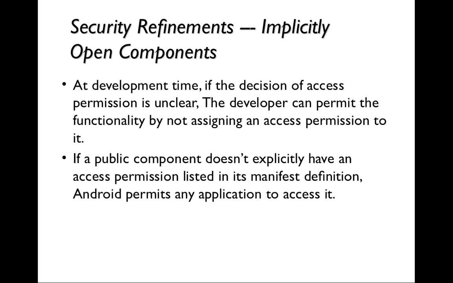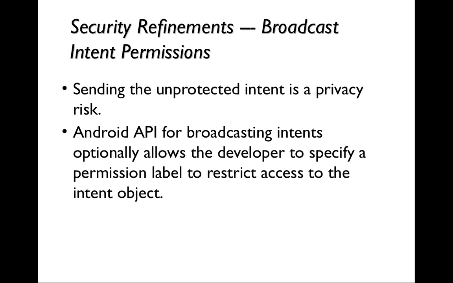So if a public component doesn't explicitly have an access permission listed in the manifest definition, it permits any application to access it. So implicitly, you can run it, and then by the time you deploy it, you've got to explicitly open things up. In terms of broadcast intent permissions, you have to turn that on too. Sending an unprotected intent is a privacy risk, because whatever data you're sending that's not protected is open. It's open communication. It's like sending something across the internet for any other application or any other program to take